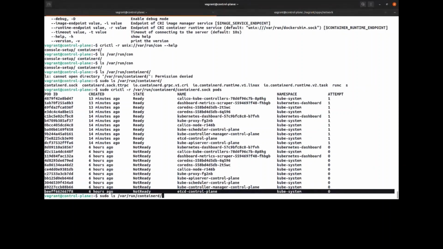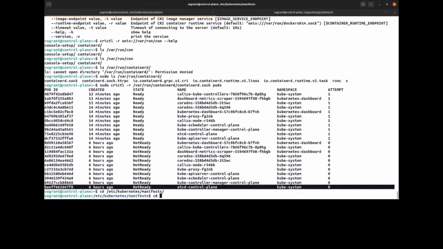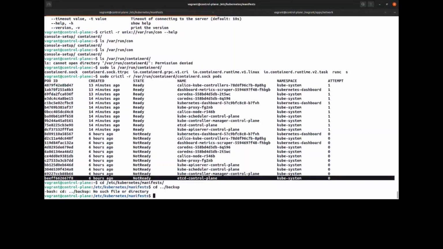Yeah. So the moment I change the data directory to the new data directory etcd restored, I will cause stale data or I cause an issue. So it's recommended that you stop the control plane. How do you stop the control plane? You go to the manifest, /etc/kubernetes/manifests. You can create a backup, and let's create the backup outside.